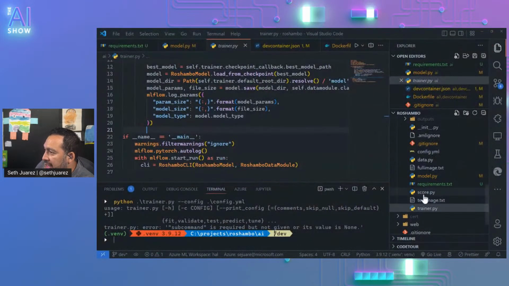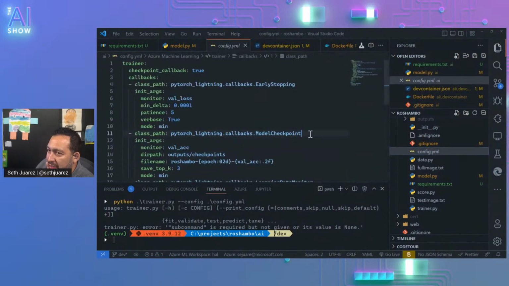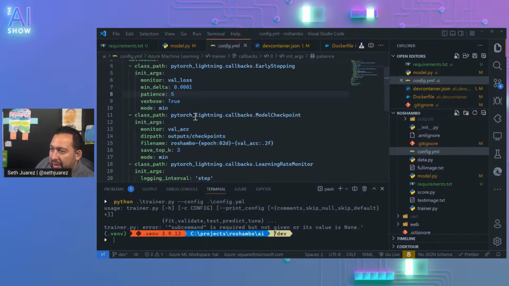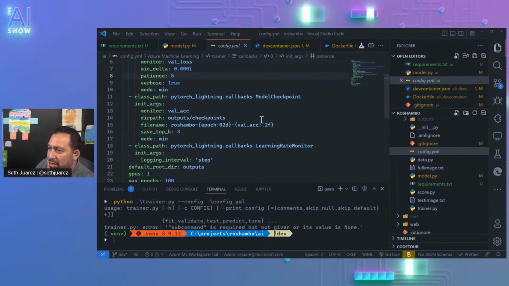So basically, I can put all of my parameters in this config YAML file. For example, an early stopping callback, so that if the min delta in the loss is 10 to the minus 4 with a patience of 5, the training will stop. Also, I have a model checkpoint callback that monitors the accuracy and saves the top 3 checkpoints of the best ones.